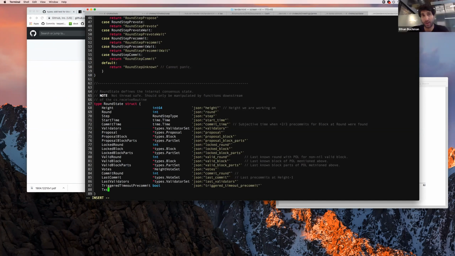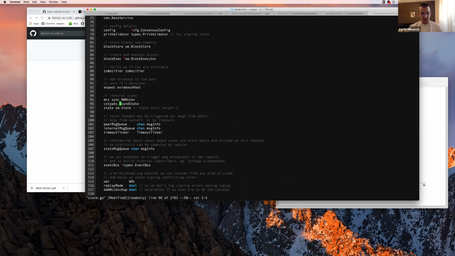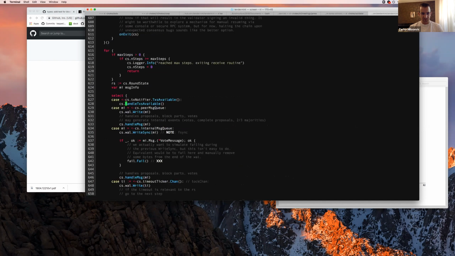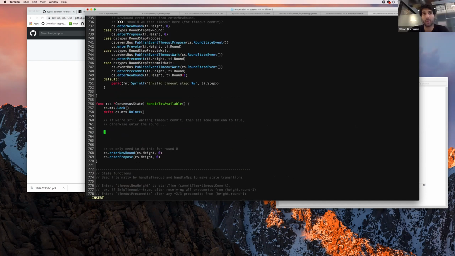Yeah, so it'd be something like transactions available in here. Yeah, exactly. But we might need one more variable. But no, we can get that from the existing state. Okay. So then tx available is set to true once mempool triggers, and then in this handle tx available, you will probably need to check this. Yeah. So it'd be like